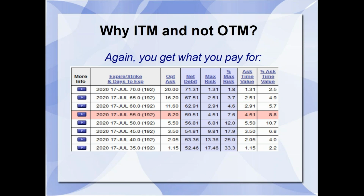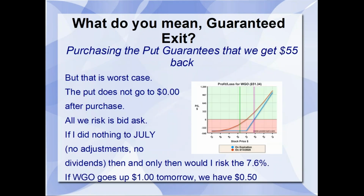Now, what do we talk about when we say a guaranteed exit? Many of you have probably traded stock. You've probably traded covered calls. When you opened a position, you might have followed some of the rules, such as at Investors Business Daily, IBD, and you set a stop around 7, 8%, maybe 10% of the underlying stock position. When we purchase a put option,